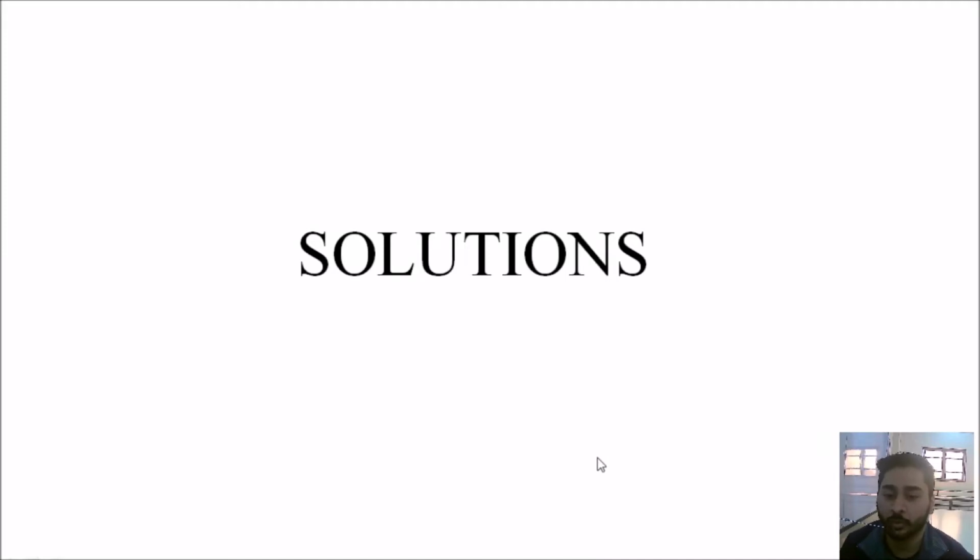Okay, so welcome back to another lesson of solutions. Before this, we were learning about concentration, the units of concentration, and we have learned that there are two types of concentration units. The first one is molarity that we have already discussed. We have done the calculations, and now we are going to look at the second unit of concentration, which is